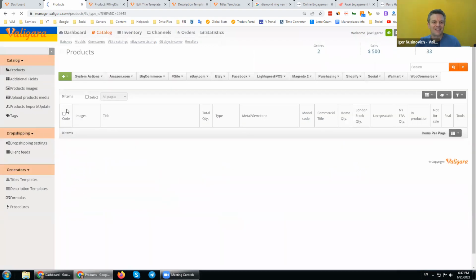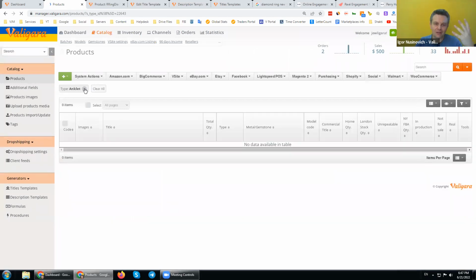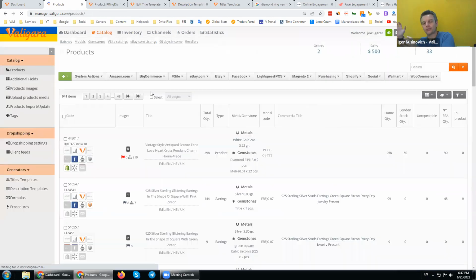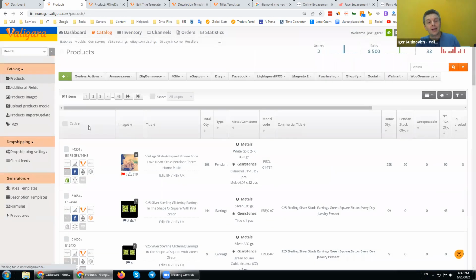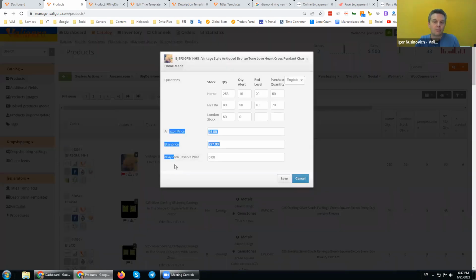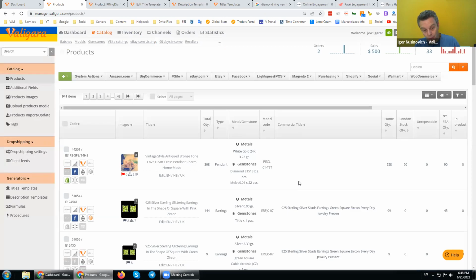Maybe it will, yeah, this returns your result. I just took some random value. I work on my rings or white gold rings or rings from the collection XYZ. And today I work by quickly adding some uniqueness field values. Now, this is my preparation for my work with title generators and description generators.